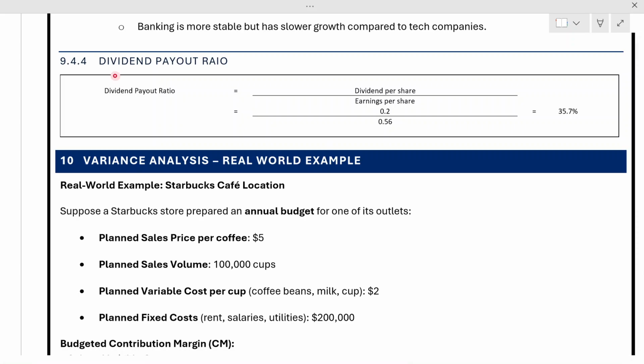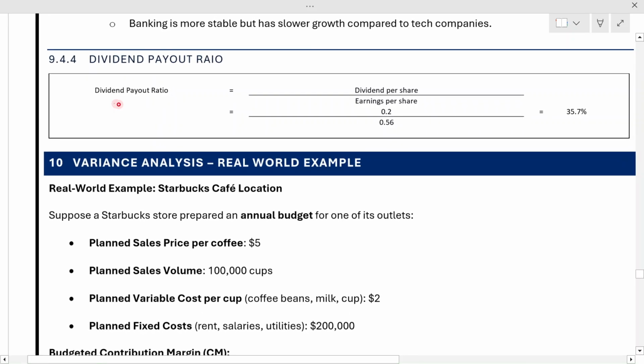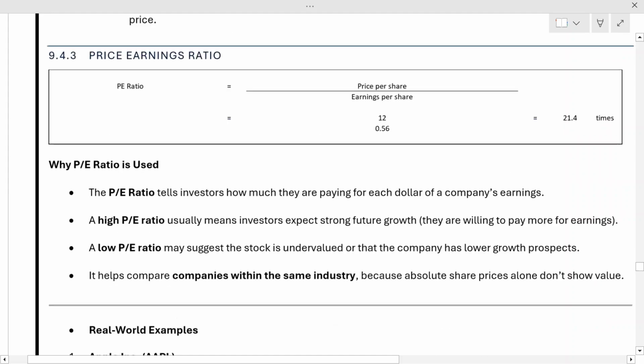Okay, now let's try to understand dividend payout ratio. So the dividend payout ratio is an important ratio which simply shows what dividend per share you are paying out of whatever earnings you have made. So if we go to our financials above and see our P&L, then we will get to know certain details